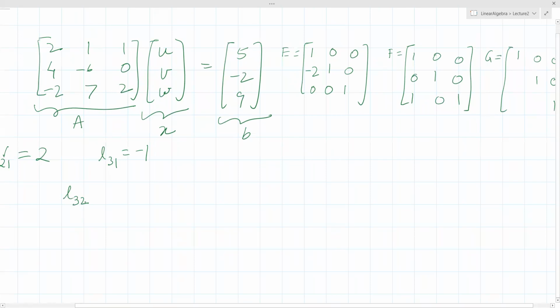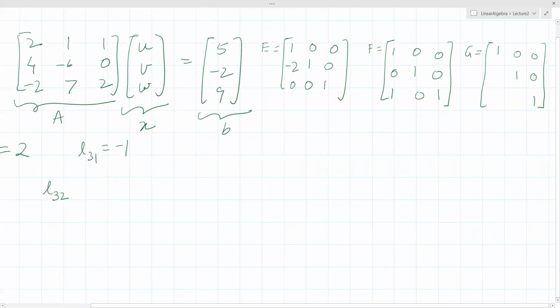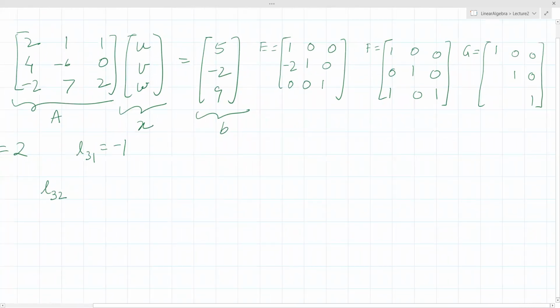Yes, sir. So what do we do next? In our Gaussian elimination, what was the next step? The next step was to subtract, whatever multiplicand we used for the second equation, from the third. That is how we remove the second variable. So we'll use L32. Is that clear, Medha? Yes, sir. So next we will find the pivot.